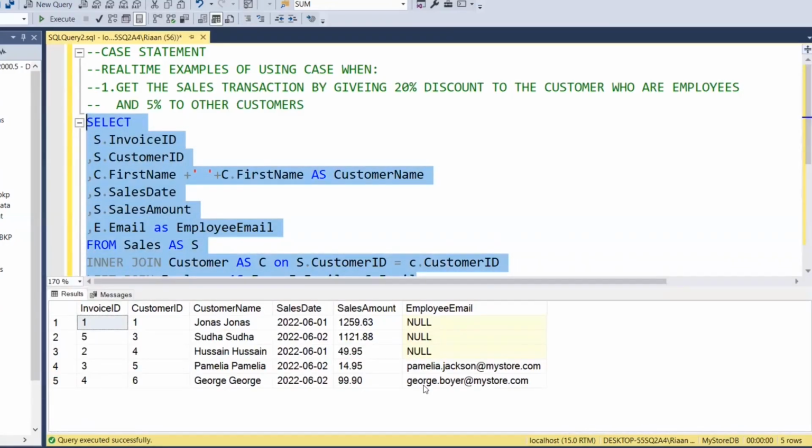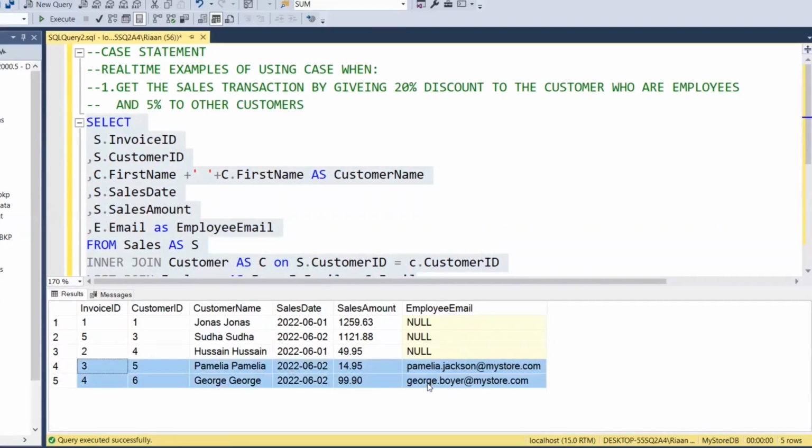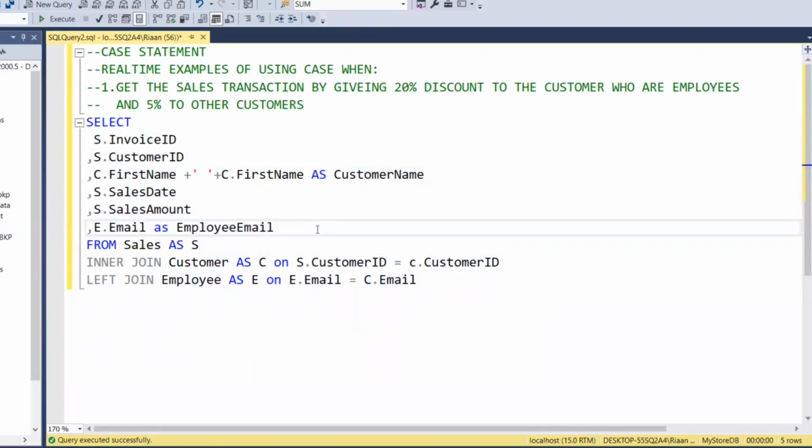And now you can see that the email is coming for the last two records. That means these two transactions are made by the customers who are employees, and those customers need to be given a 20% discount on the sales amount. Otherwise, we are giving 5% discount to the other customers. So how to achieve that using the case when statement? So let's have the case when statement as